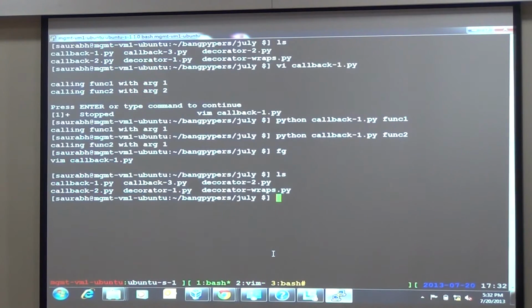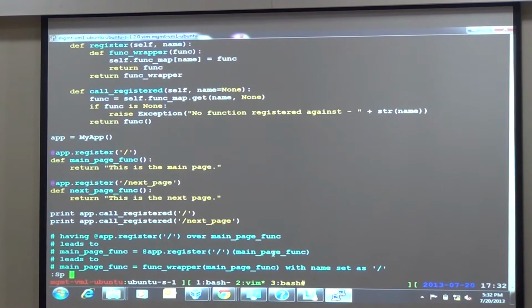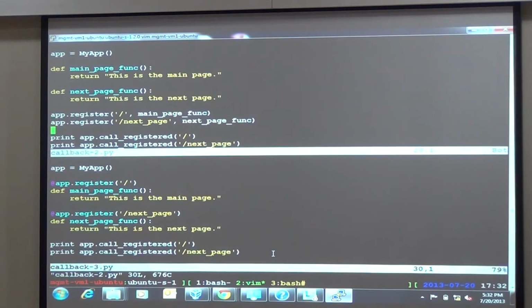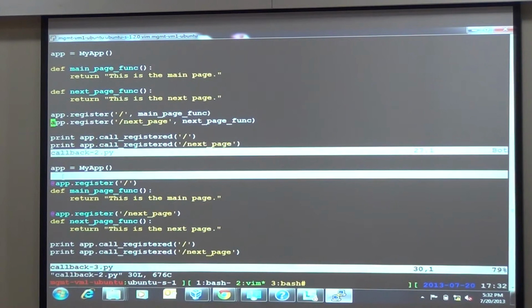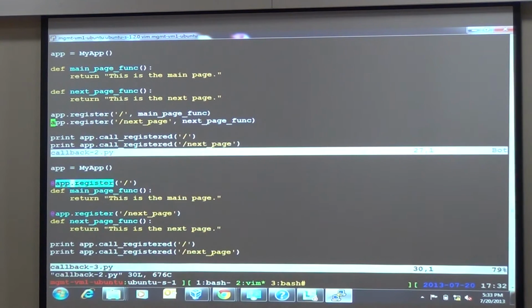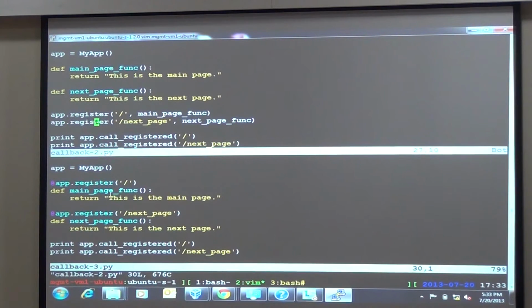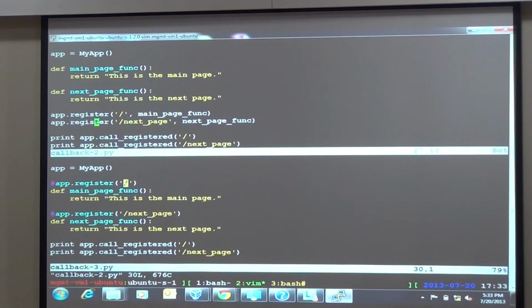Okay. So I'll just compare both the functions, so it will be easier to understand. Callback to callback. If you see out here, we have to call app.register. Here at the first part, app.register again, right? And out here we could tie the registration point with the function itself. So you don't need to have 10 functions written, and then remember which key is for what, and then register it, right? What you can do is, during the function definition itself, you can have a decorator which gives you the right point to work with. I mean, you can just say this function should be called when slash appears. So much more intuitive to understand, right?